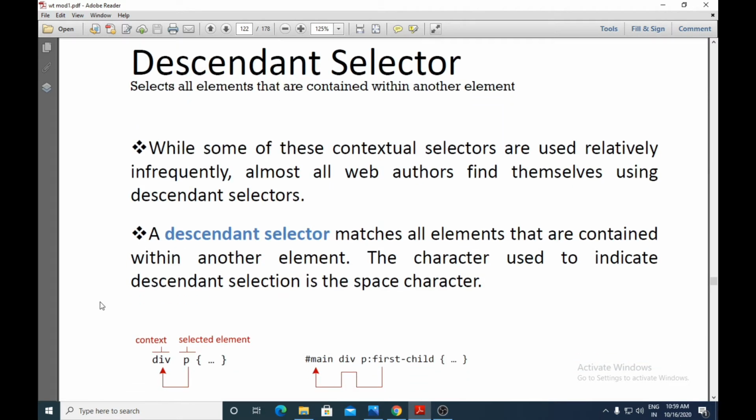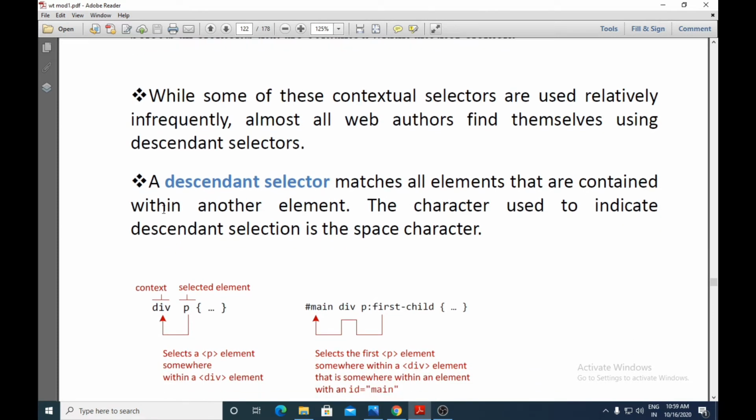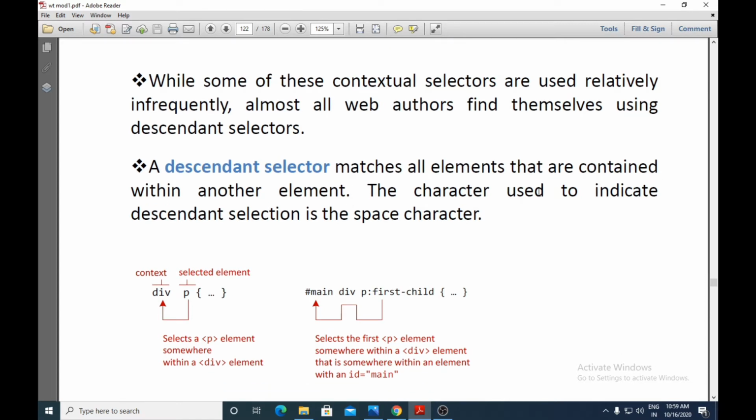A descendant selector matches all elements that are contained within another element. The character used to indicate descendant selection is the space character. So if you want to specify a descendant selector, you give a space.